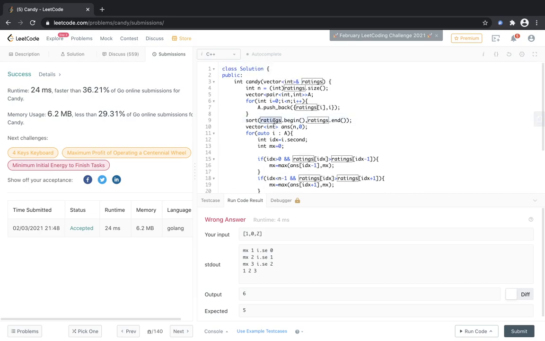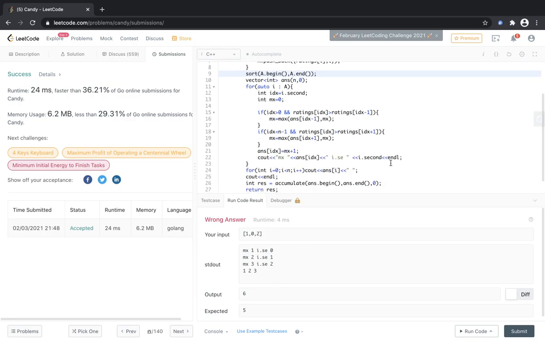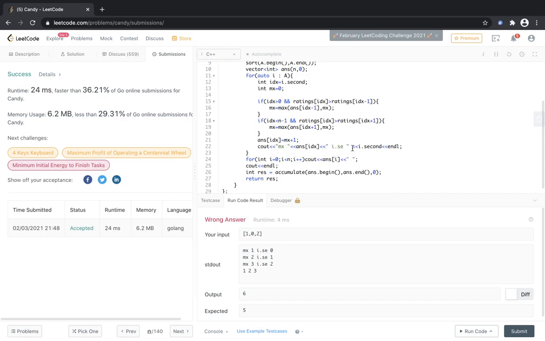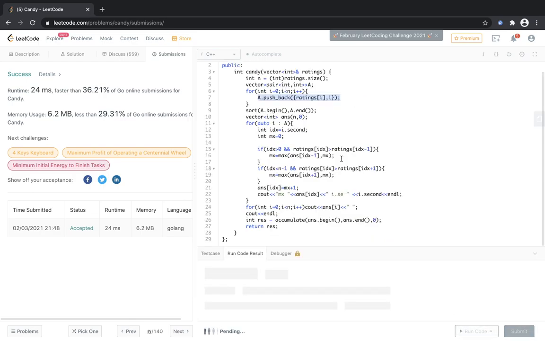So what we are doing is we are sorting ratings. That is again a very silly mistake and a very dumb mistake by me. So we are sorting this ratings array, which we don't need to do. We actually need to sort this a. So yeah, this should work now.